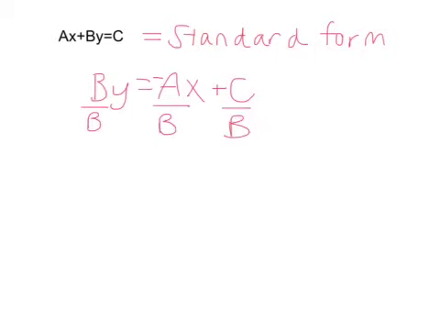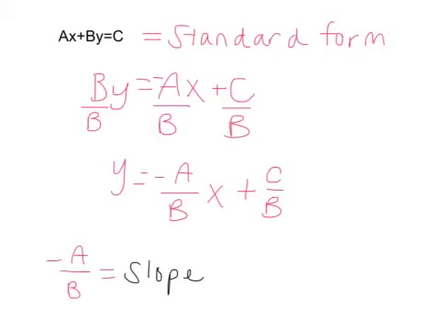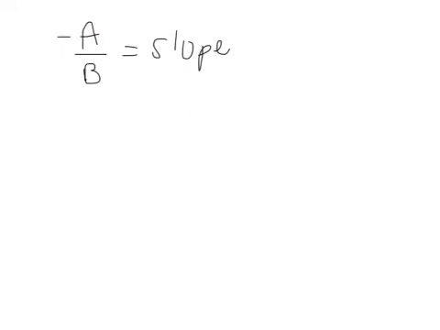Then we can divide both sides of the equation by the coefficient b to get y by itself. That gives us y equals negative a over b x plus c over b. This means that negative a over b equals our slope, and c over b is our y-intercept. When we get negative a over b equals our slope, this also means that the slope is the opposite of